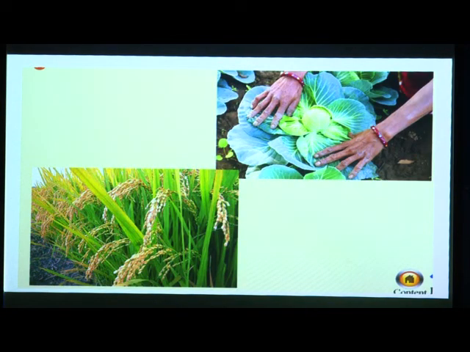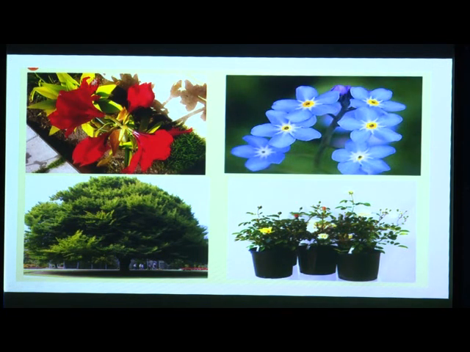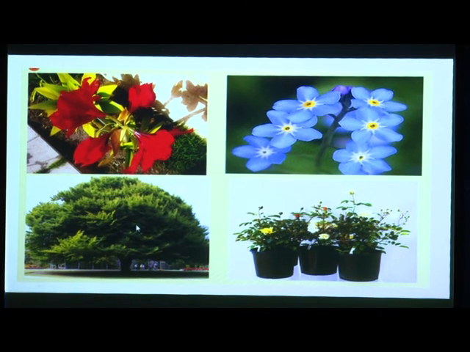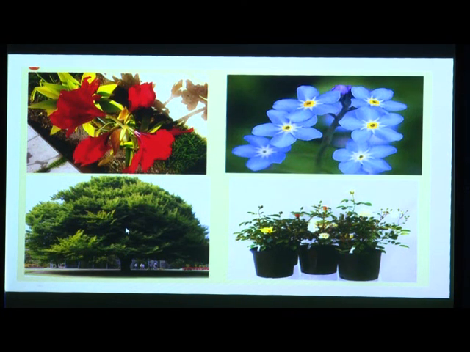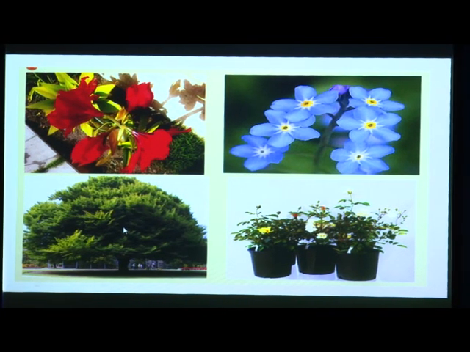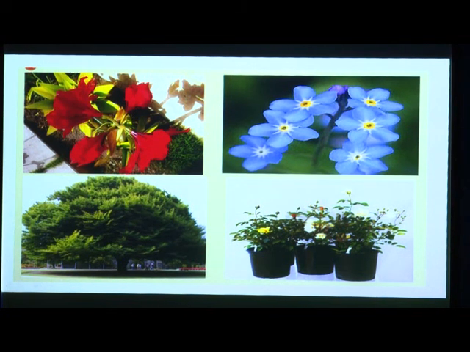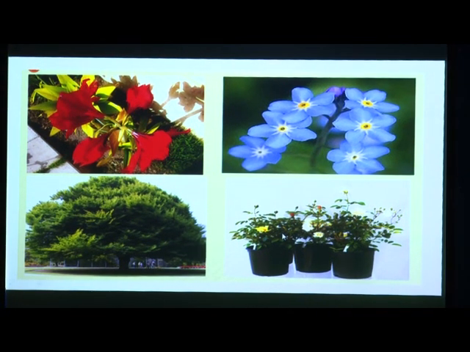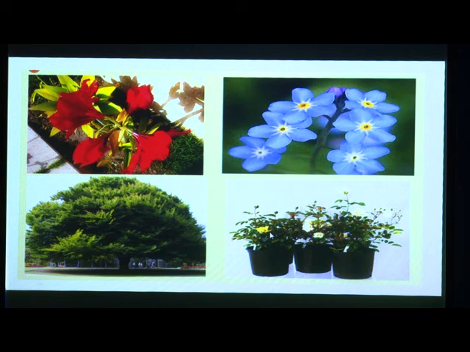Plants are of different kinds. We have plants of different colors, shapes, sizes and uses. You can see here, observe the plants in your school garden or a nearby park. Are they of the same kind? Can you see these images of plants? Are they of the same kind? No, you find that all the plants are different. Some are big, some have big red flowers, some have small purple flowers, and some are like herbs and shrubs, right? So plants may be of different sizes.